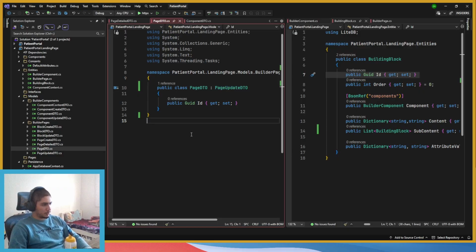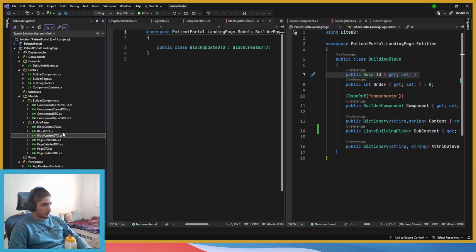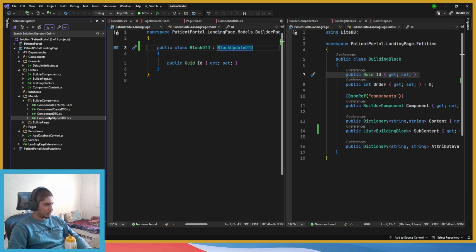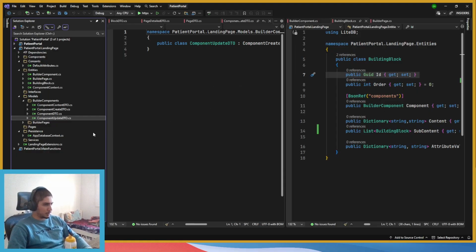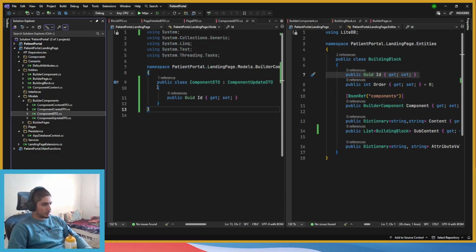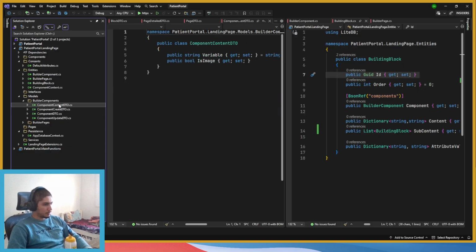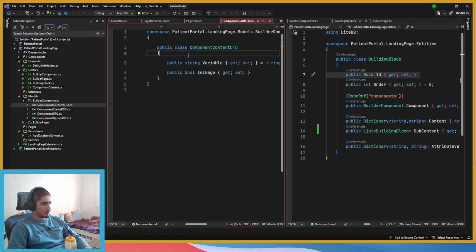It got kind of confusing at this point. Block update create, block DTO, block update. Am I blind or did I lose my IQ because this is loading? Component goes to update, create, to nowhere, content, simple. Yeah,